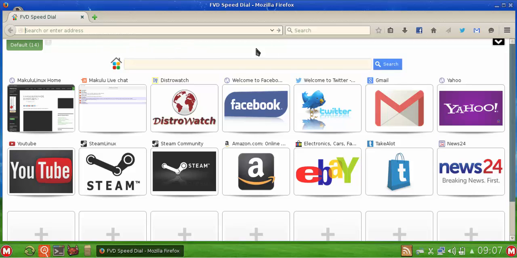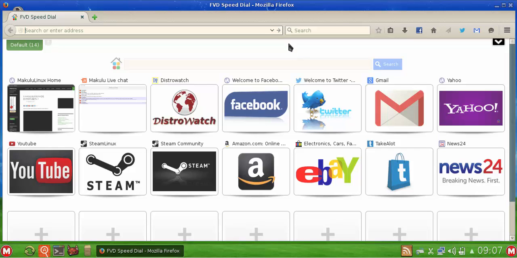Okay, so Firefox off the bat comes with some extensions installed: the Facebook notifications, Twitter notifications, Gmail notifications. You can configure all of those to quickly get notifications from those. It also comes with an ad blocker for blocking all the ads on websites. It comes with a YouTube downloader for quickly being able to download YouTube videos. On the YouTube page, you'll simply have a download button on the page, and you can click on that